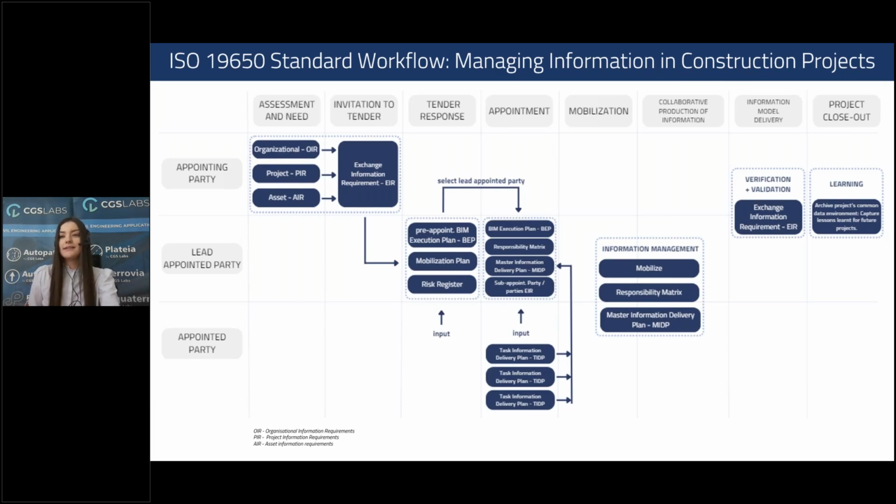So the ISO 19650 standard and workflows. ISO 19650 is an international standard that provides guidelines for managing information models in the construction industry. This standard plays an important role in shaping how we approach the management of information throughout the life cycle of a project. In the diagram, the ISO 19650 workflow consists of 8 main steps. So assessment and need, invitation to tender, then tender response, appointment, mobilization, collaborative information production, information model delivery, and then